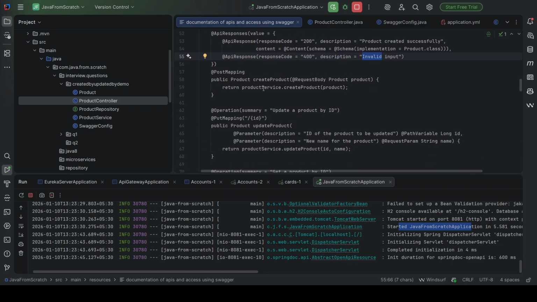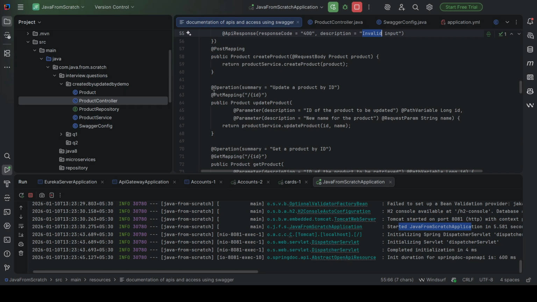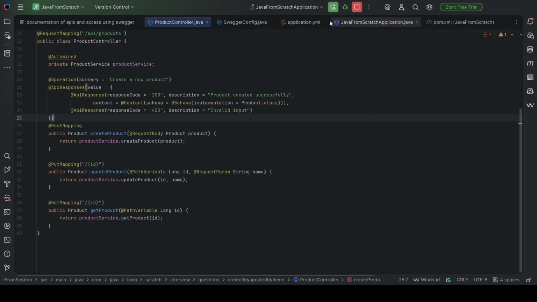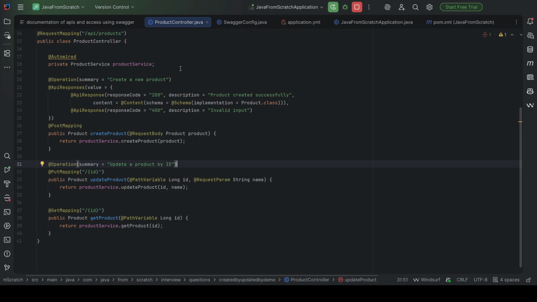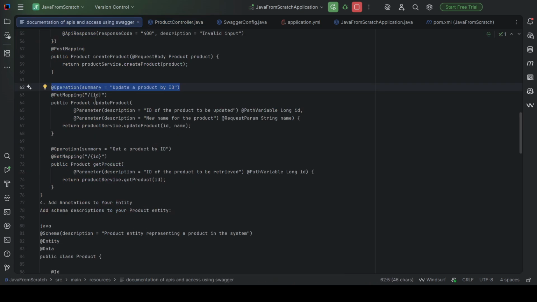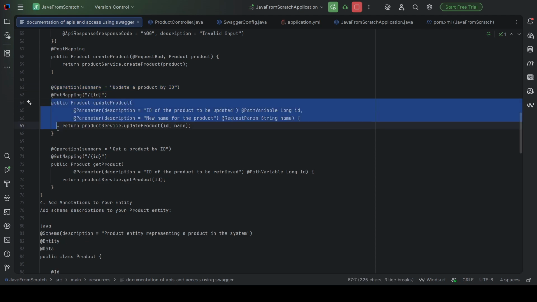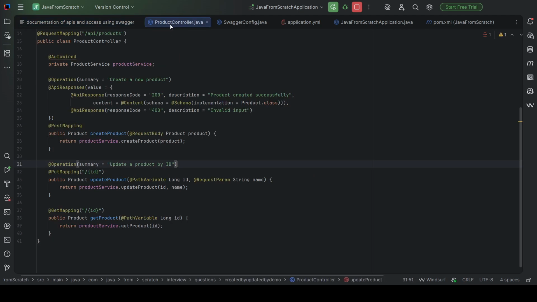Similarly, for update product also we can add this @Operation. Update product, create product, right? This is update product. At that operation annotation we have added, PutMapping is there, public Product updateProduct, and parameter. @Parameter annotation we can add. So let me copy this, go to update product